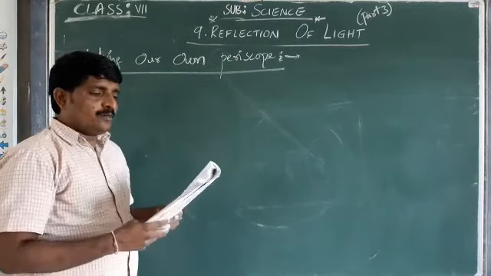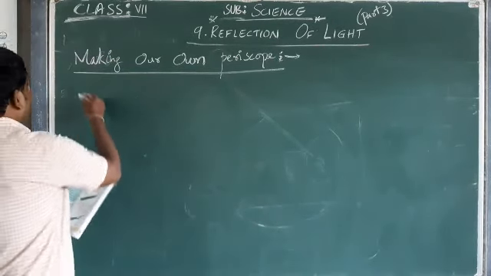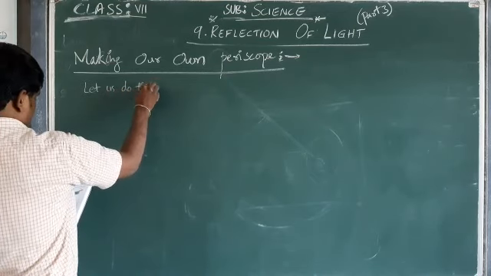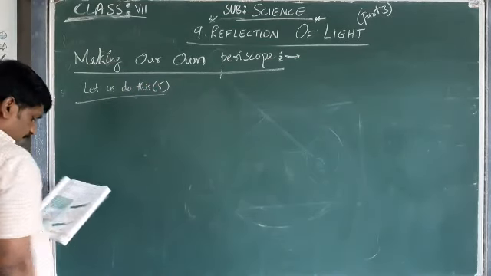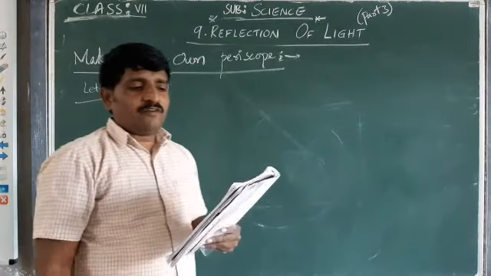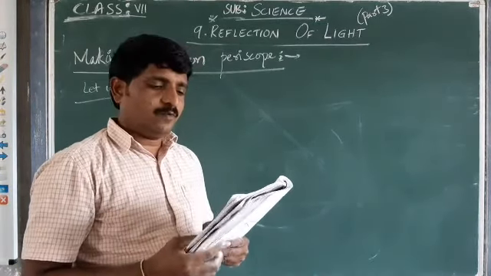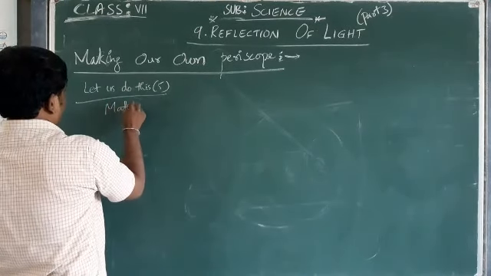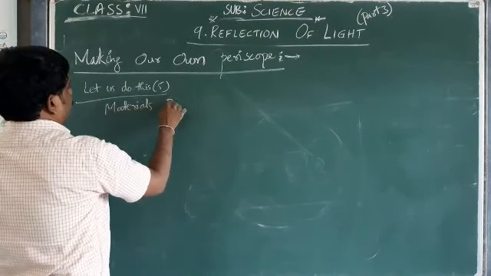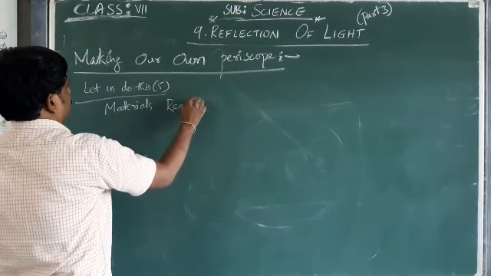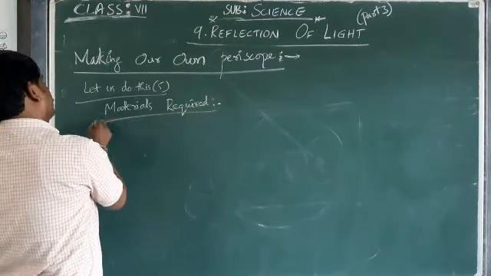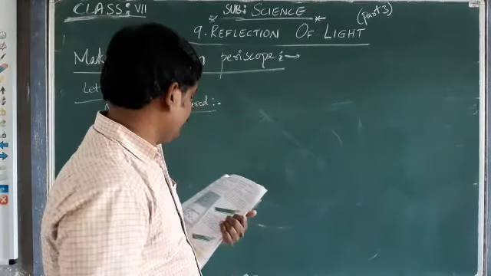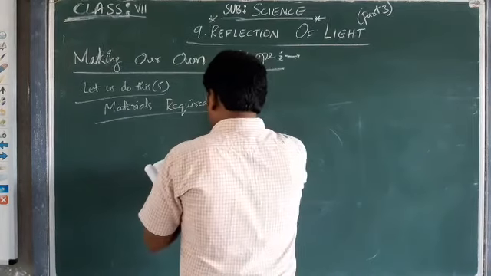To make this periscope, let us do this activity on page number 85. Collect the following materials to make your periscope. What are the materials required? Why are we making a periscope? That I will tell you. First we write the materials required: an empty